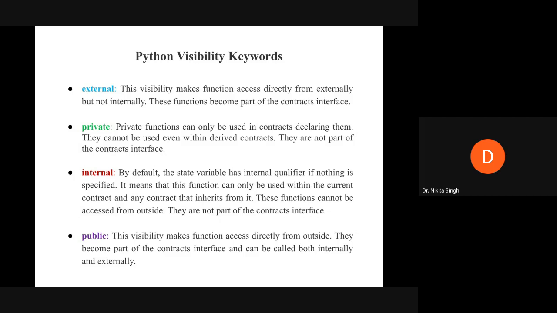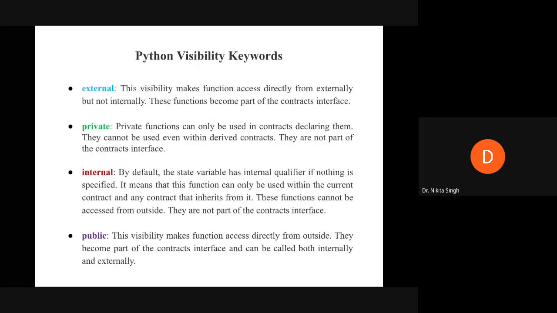Next, the visibility modifier that we have is the external modifier. Now we are going in the order from most restrictive to least restrictive.